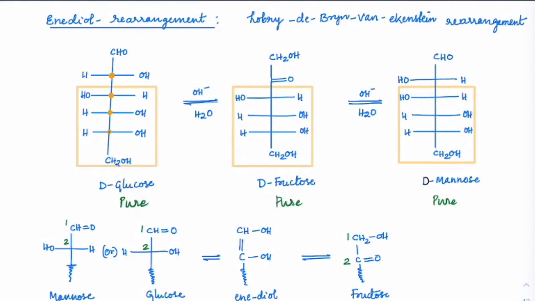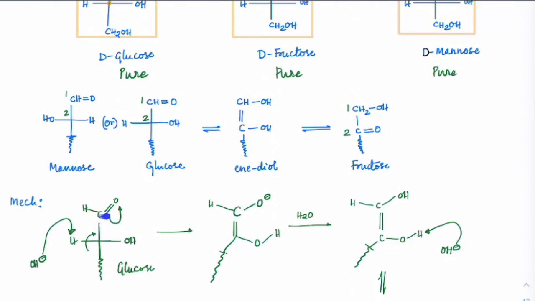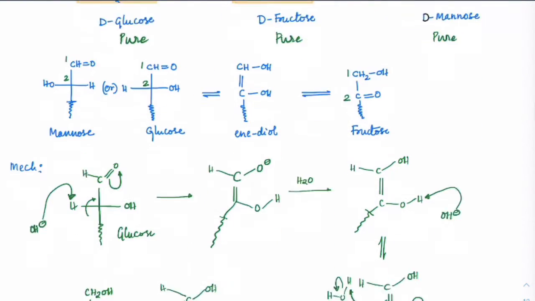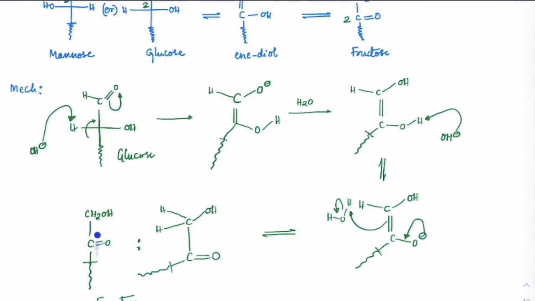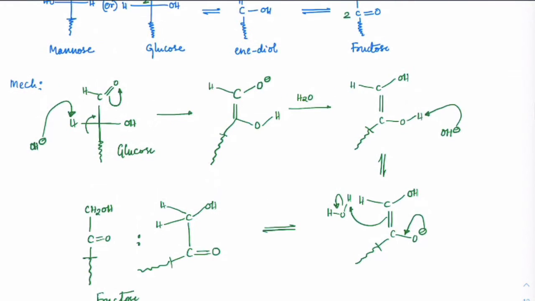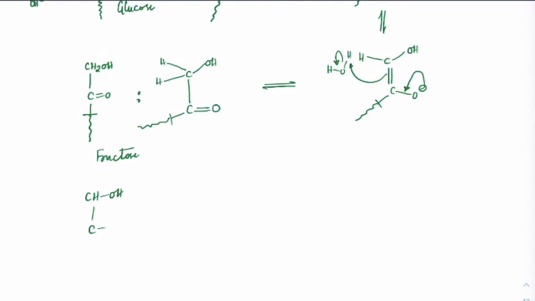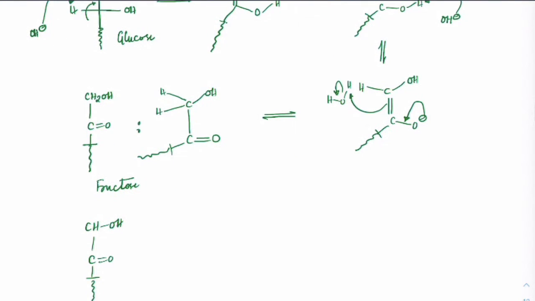Yes, sir. Now, when it comes to fructose, if you check out the reaction here, this double bond formation is happening more towards this CH2OH. Where is that? From here, let me start. Suppose on the fructose, if at all OH minus is attacking, so from here, let us imagine CHOH, C double bond O, and this tail is present here. And now how will the reaction take place?